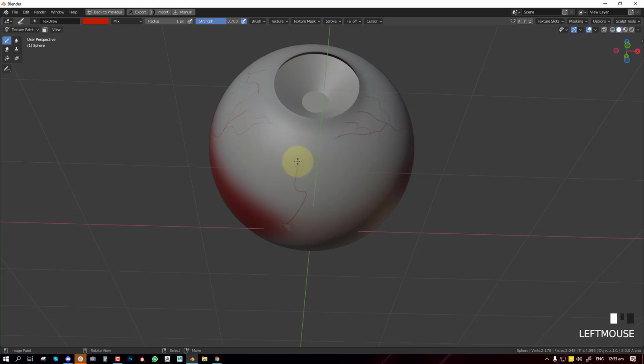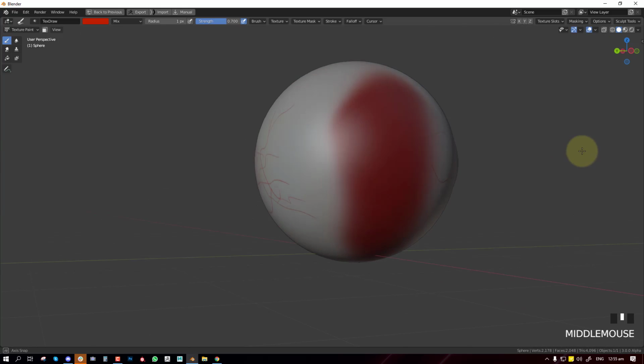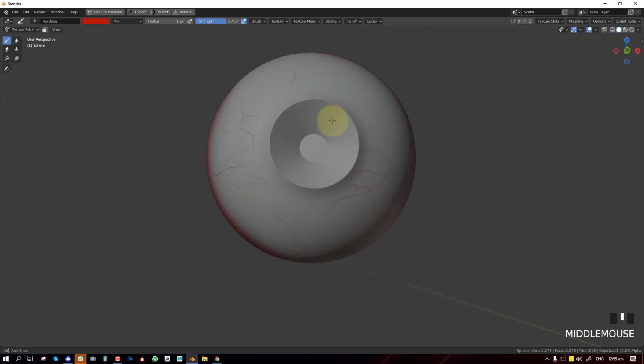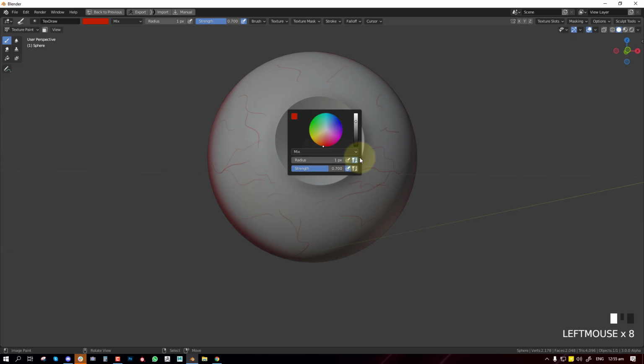If you have a reference, that will also be quite convenient. I forgot to turn this off, but we'll deal with that later. So this will just be our rough veins and stuff. You can use a different color.